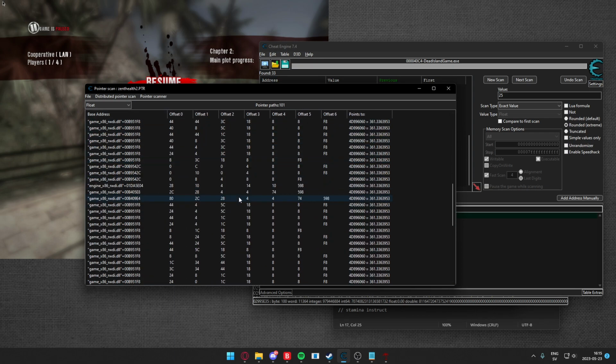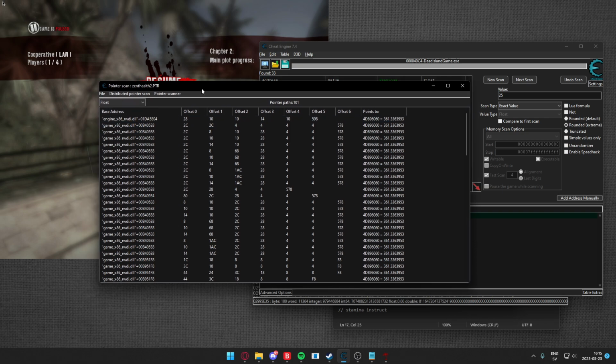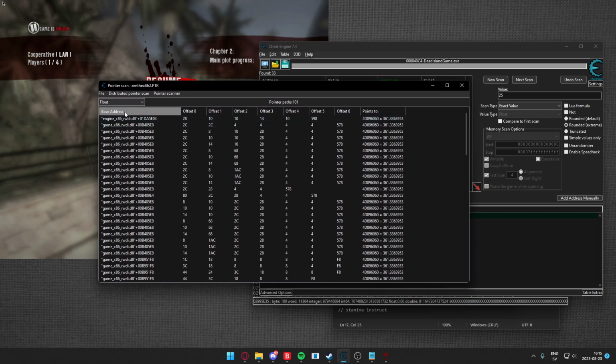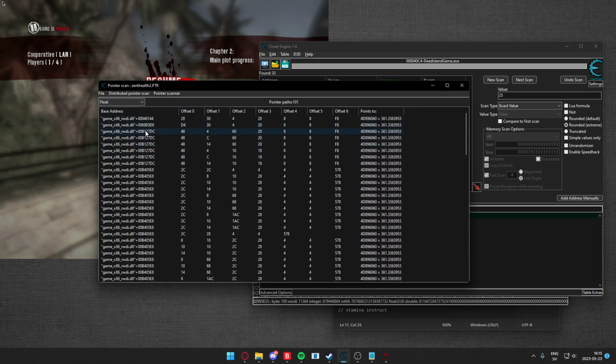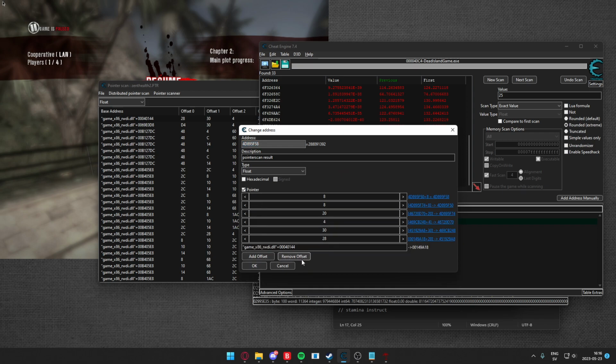And we can investigate these addresses now. Since it's only 100 addresses, we can click on the base address column to separate the addresses from one another. There are a lot of pointers that have the same base address. That's why we clicked on the base address column, so we can investigate each one of these. So let's check the first one, the 40144 pointer. We will remove all of the offsets